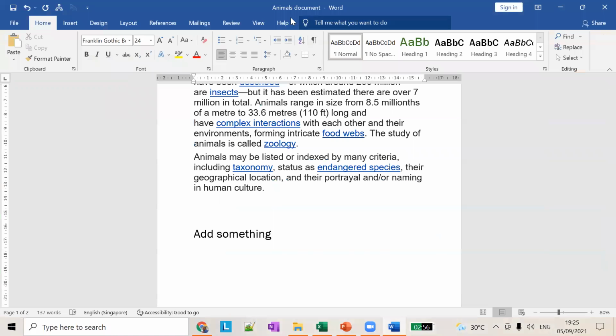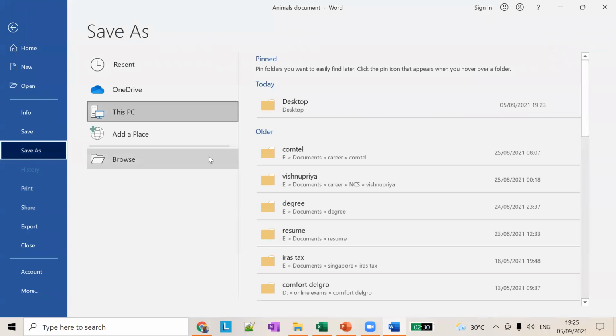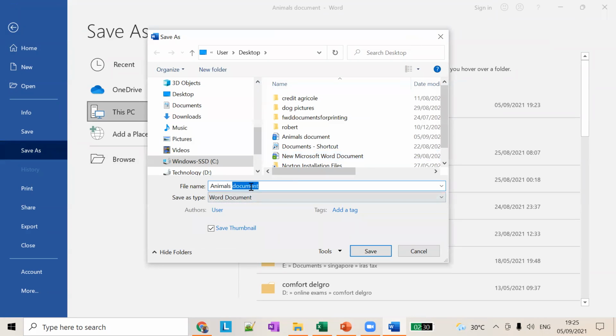Let's say I don't like this name. If I don't want to save it as animals, I want to save it with a different name. What I can do is use Save As, choose a location, and give a different name. Let's say animals profile or something like that. And if I save it to the same location,